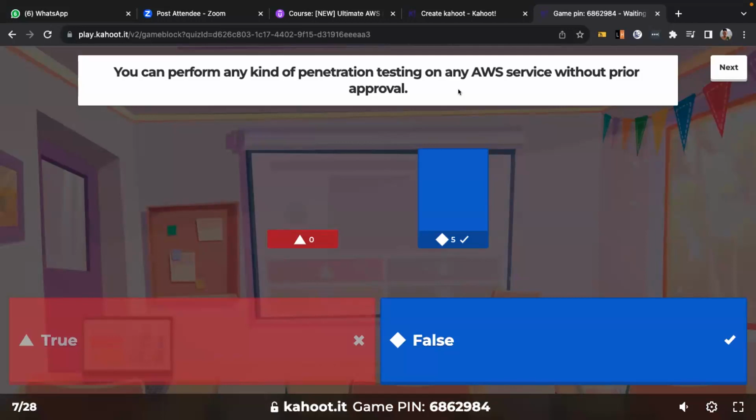I think there are some services that you're allowed to do penetration testing on. If anyone knows anything about that, they can unmute and say something. An example could be Amazon EC2 instance, Amazon CloudFront. But I believe before you do that penetration testing, you should check the security policy, not for all the services.